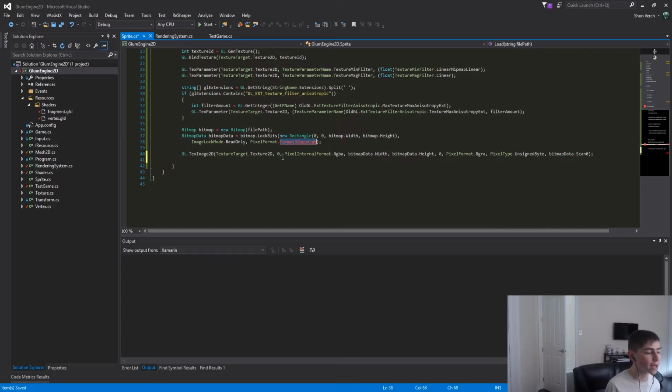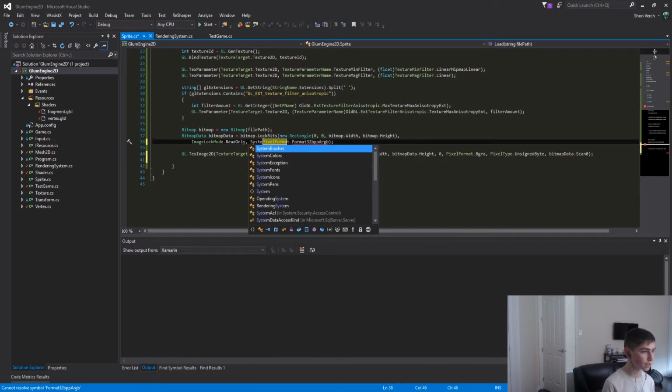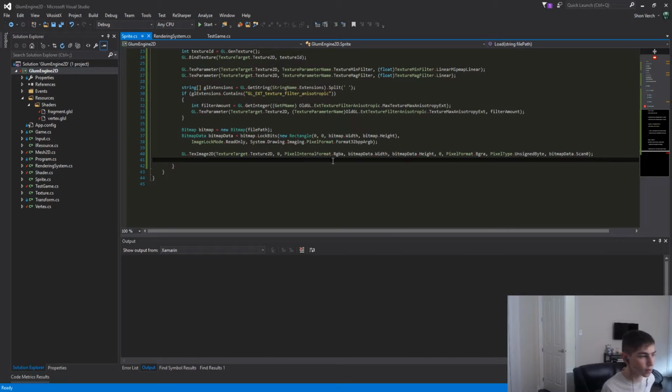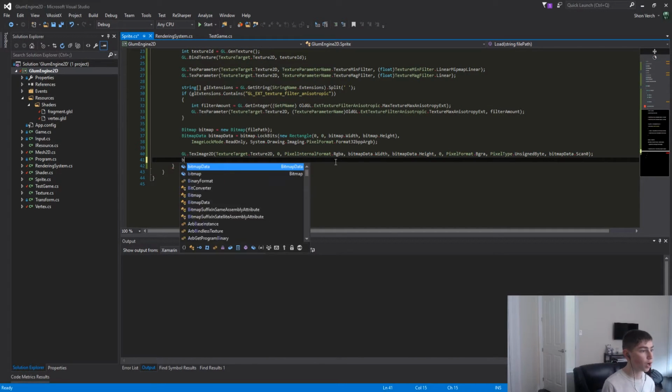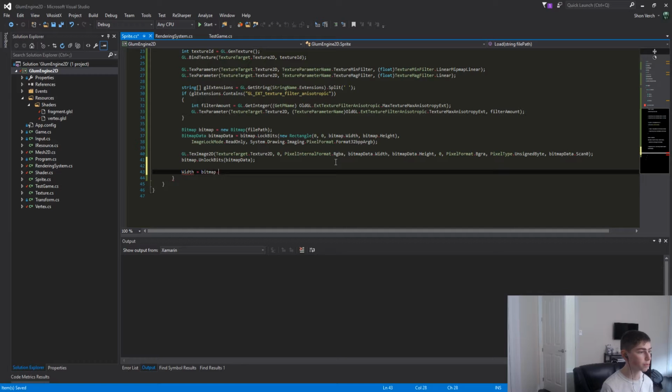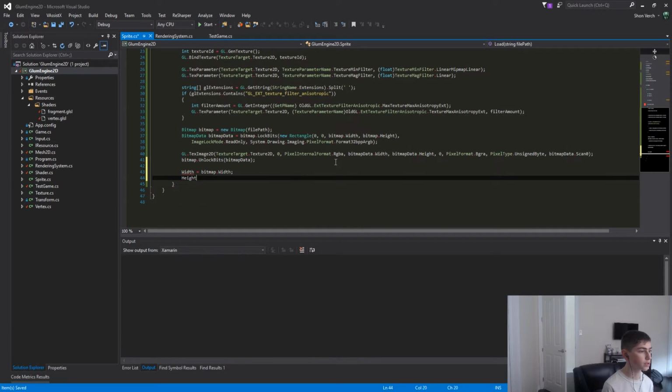So you see now it's getting mad. So here we need to say System.Drawing.Imaging. There you go. It's not mad anymore. So now we want to just unlock the bits, which makes this bitmap data unusable at this point, which is fine. And then we're going to say width is equal to bitmap.Width, height is equal to bitmap.Height,